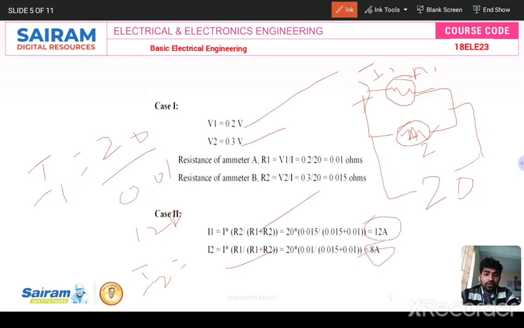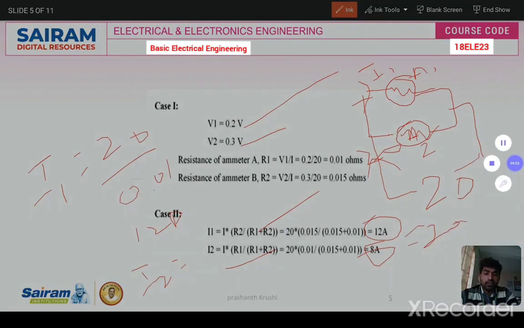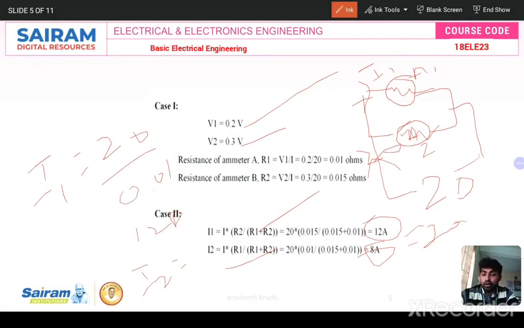So this 20 amps whatever is flowing, right, in the series connection, that is achieved. 12 plus 8 is how much? 20. Then only the problem is correct. Otherwise the problem becomes wrong. So you do cross checking, or you do different methods, like cross connection, connecting this ammeter to there and that ammeter to here. If you connect the ammeters in series, you will get the same current, but here the current will be dividing into I1 and I2. That's all. This is where 20 amps is flowing.